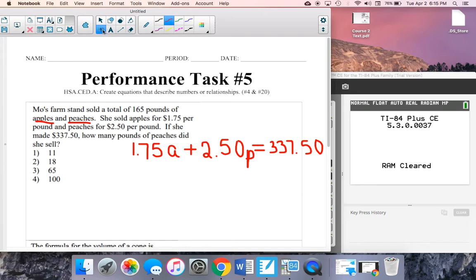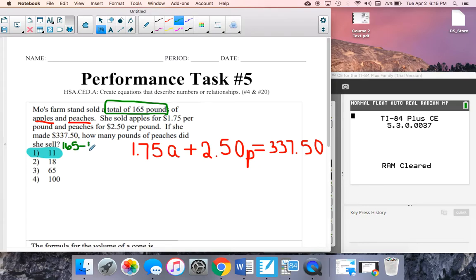So when I read the multiple choice answers, the question is asking how many pounds of peaches did she sell? So we're looking at this multiple choice answer. Let's look at answer choice 1. This 11 represents 11 peaches. So now you have to ask yourself, if she sold 11 peaches, how many apples did she sell? Well, in the problem, they tell me that altogether she sold a total of 165 pounds. So if she sold 11 peaches, I'm going to do 165